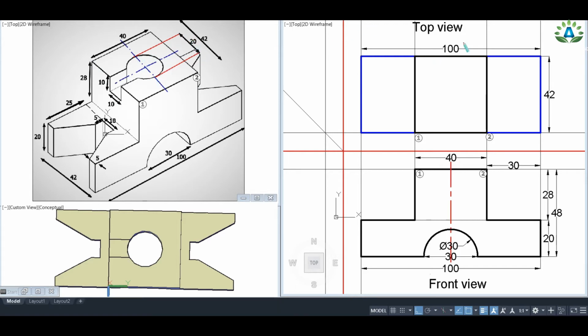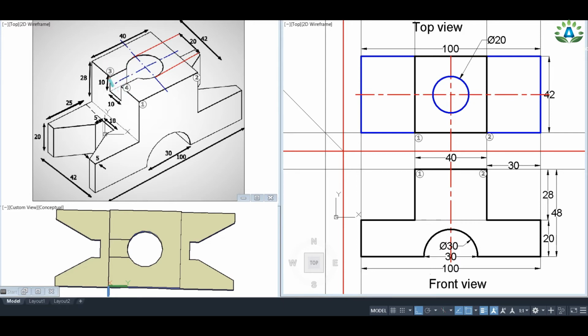So first of all, I'm going to make a center line over this side, like this. And we can see that these 2 lines have intersected at this point. So by using this point as a center, I can easily make a circle of diameter 20, like this. But we can see that this circle is not a complete circle. It has been cut by these lines.